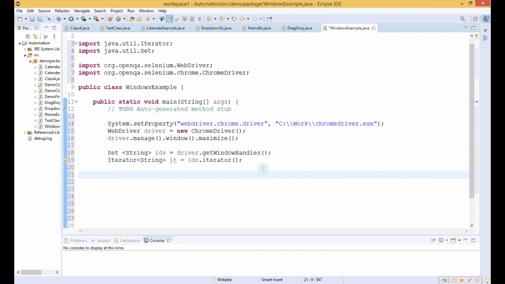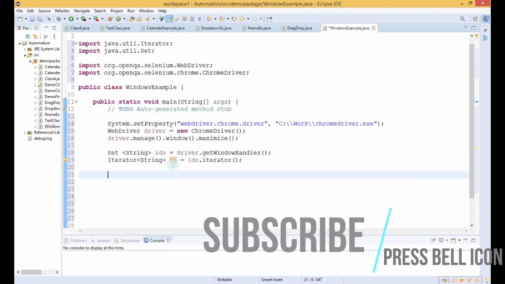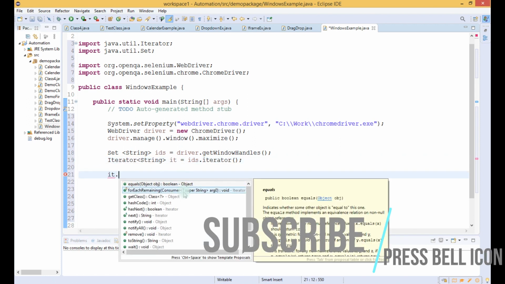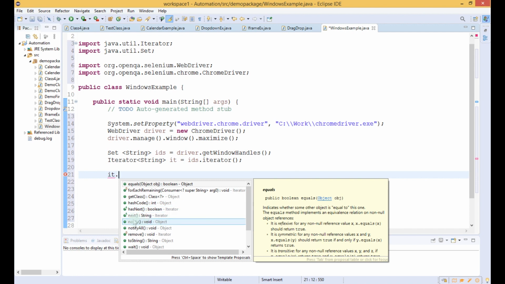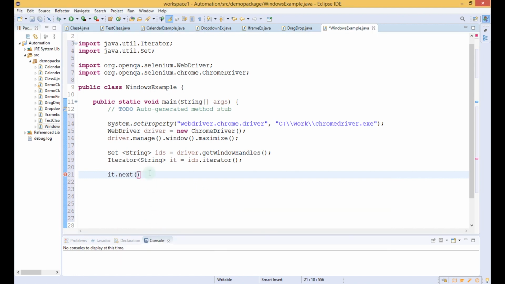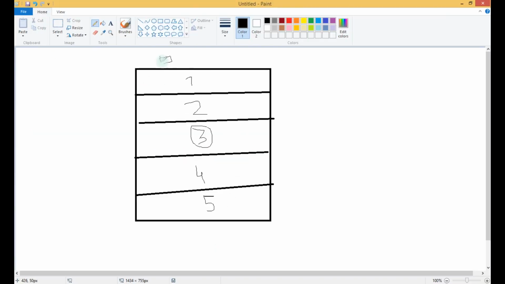Let me show you how we can use the iterator. For using the iterator, we write the object of iterator, that is it dot, and the functions are displayed. We have to use this function, it.next(). When using it.next(), it will go from this position. This is the default position of the iterator. It will go from the default position to the first node that is present.